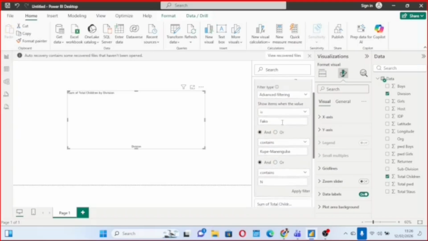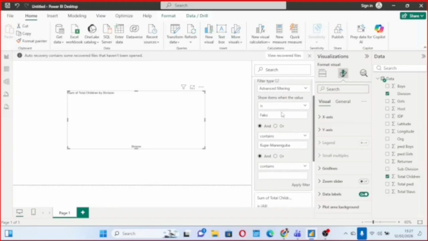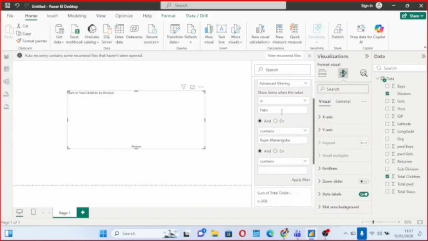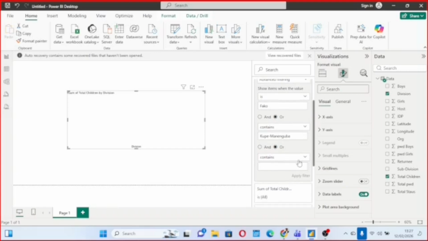Okay. So the filters are running in two levels. Show items when the value is FACO and contains N, or and contains Kupe Manenguba. So you can do your filters in different levels. Now you must be logical when you do your filters. Very, very logical. You see that I have made some errors here right now, because logically I cannot say show items when the value is FACO and contains Kupe Manenguba. It's not logical. So if I say or, and then I say contains